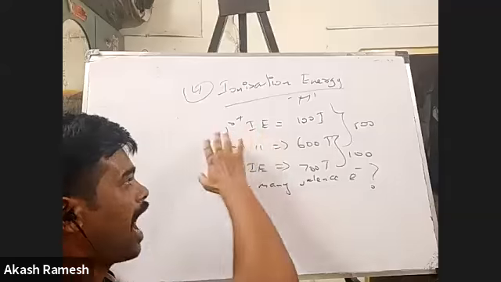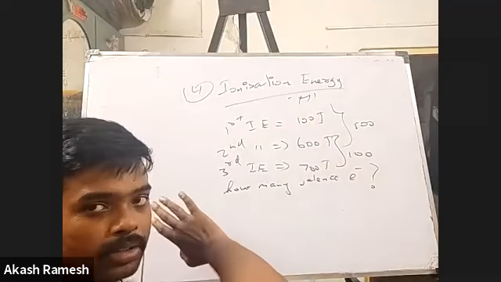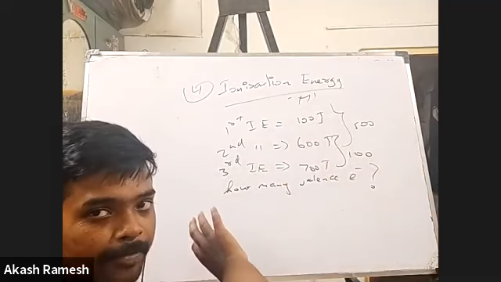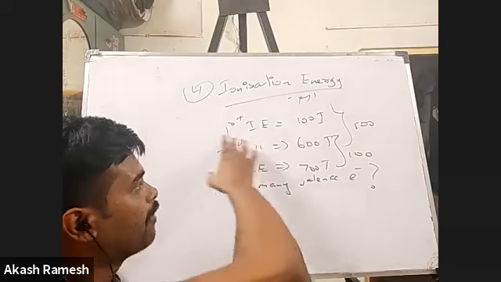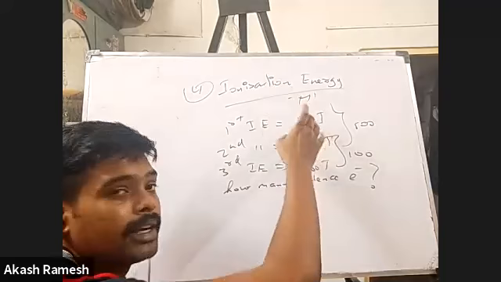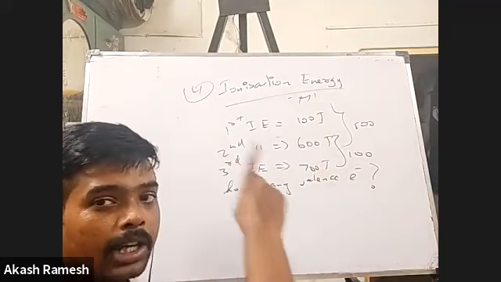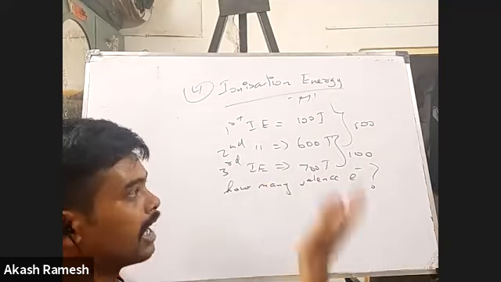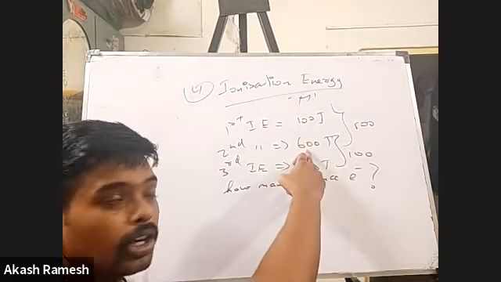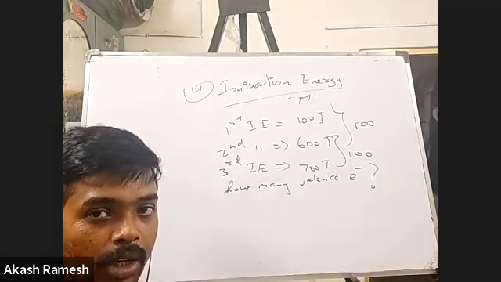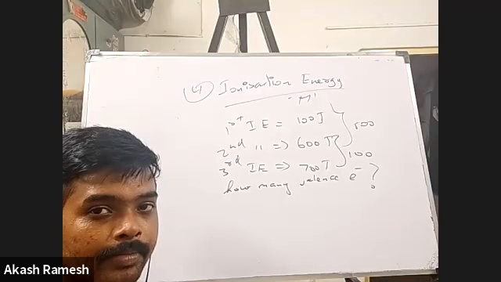Again, I repeat, for the first electron it is only 100 joules. For the second electron, I see that there's a huge jump between the first and the second. So what do we understand from this? After removal of the first electron, this element should have got a stable electronic configuration, most probably a fully filled configuration. That is why removing an electron from a fully filled configuration is going to be very, very difficult, and that's what I see here. So what is the number of valence electrons now? 1, sir. 1 electron. Very simple.